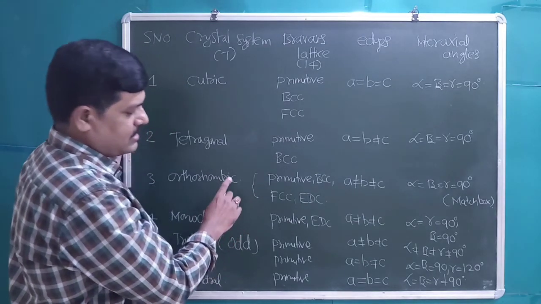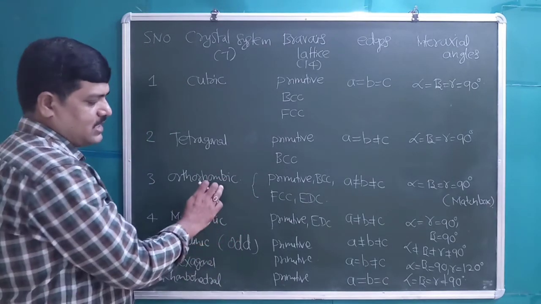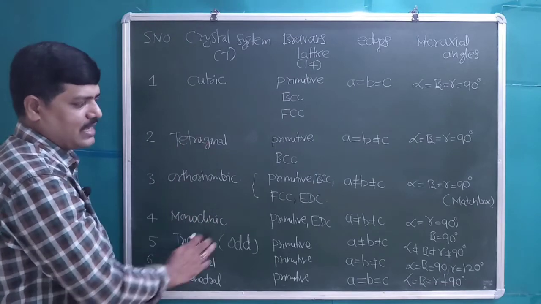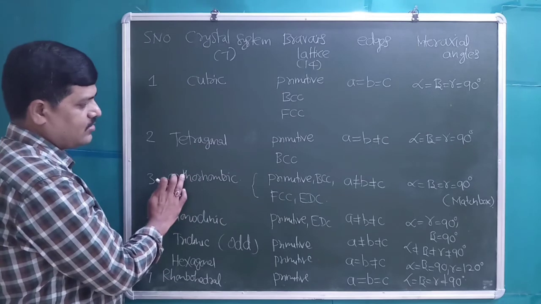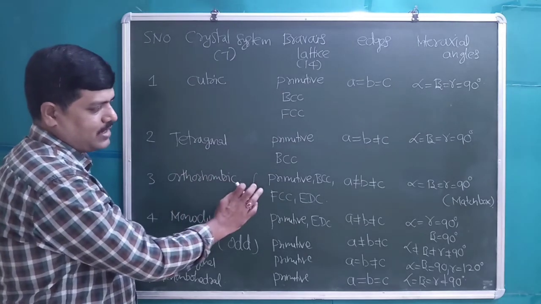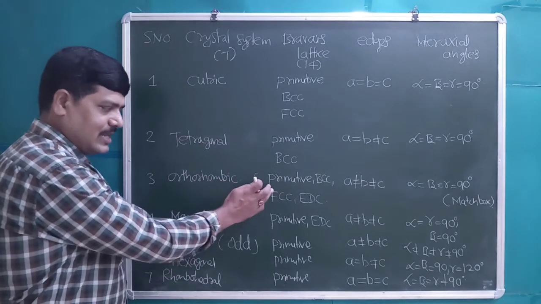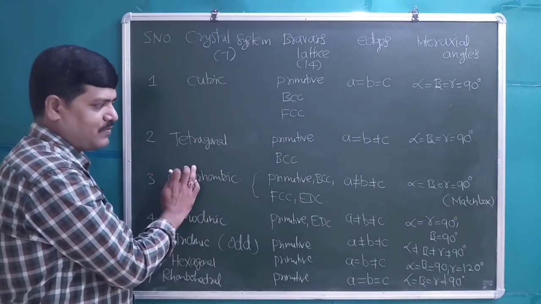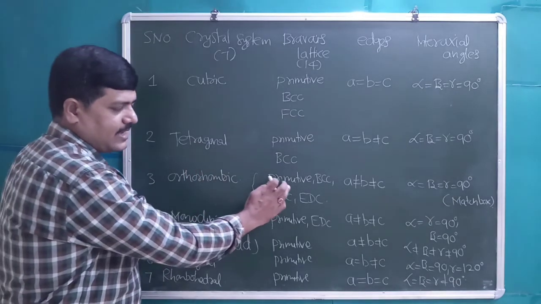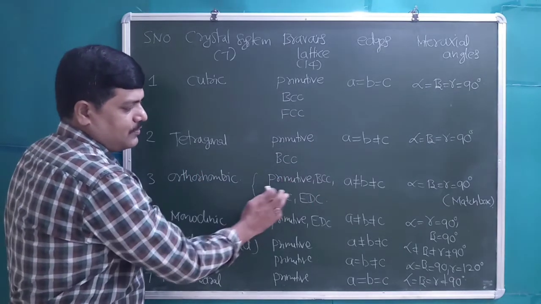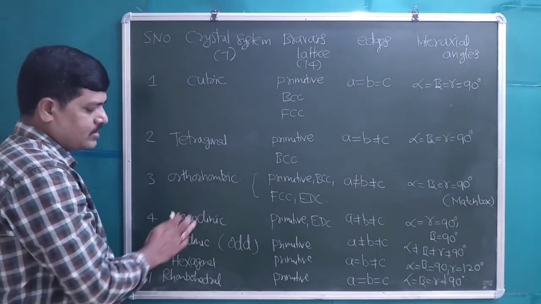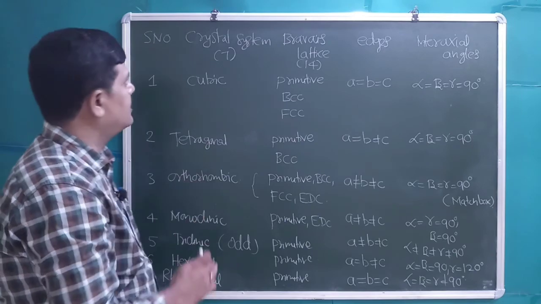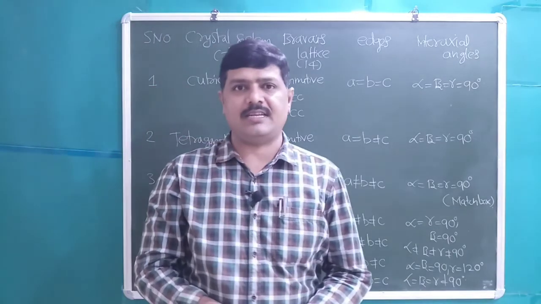Okay, this is not created, this is in nature. These crystal systems exist like this only, that we are studying. Okay, orthorhombic has the maximum number of variations, meaning in nature this type of crystal system will exist in 4 different possible variations. It has the maximum, right? So students, this is about the different types of crystal systems.